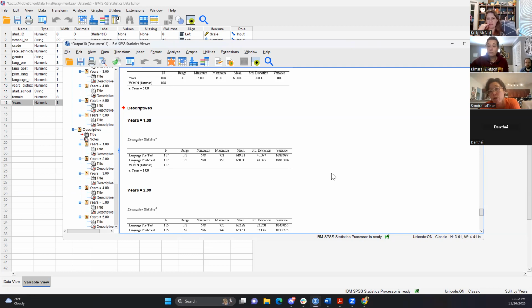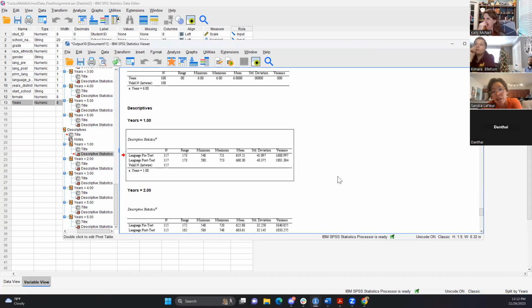That's what we've been trying to figure out, I think, is how to run a correlation between the years. No, and it's not the same thing as an independent t-test. A dependent t-test is saying that the change in the mean. So right here for year one, 117 students, the difference between the mean, which is 660 minus 619, that's the difference in the mean. If we want to know if that difference is significant or not, you would run a dependent samples t-test right there because it's the same group of students at 2 different points in time.